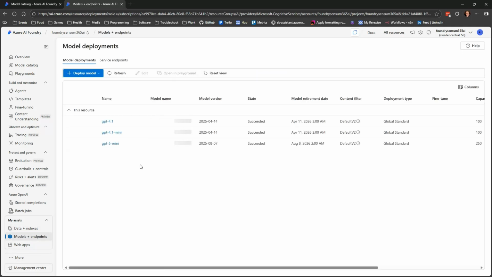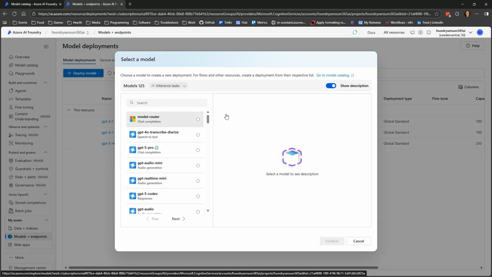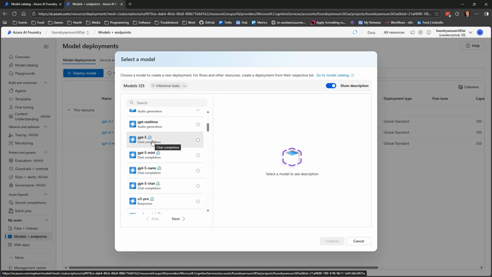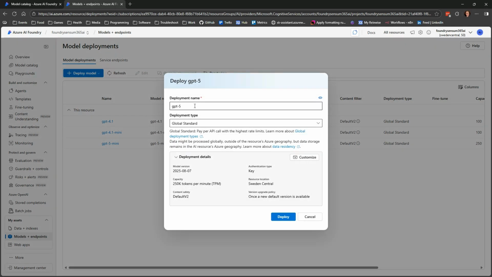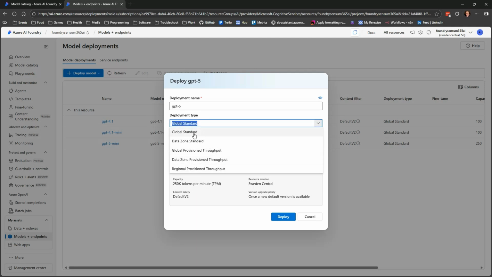Then there is the important part, of course, the models, where you deploy your model, either a normal model or a fine-tuned model. And then you choose the models that you want to use, like ChatGPT-5. And when you confirm them, you choose the name, and then you choose where it should be. Like, is it global standard, which is the cheapest one, where your compute can happen in any region in Azure. If it needs to be zoned into specific regions due to regulations and stuff, that can be done, and then some of the models are less available.